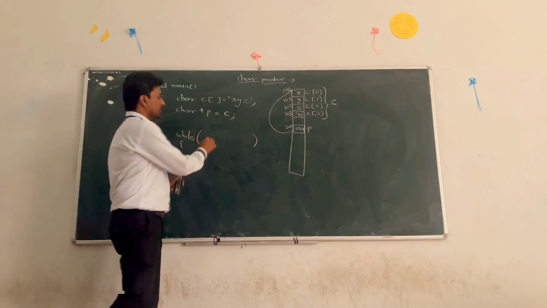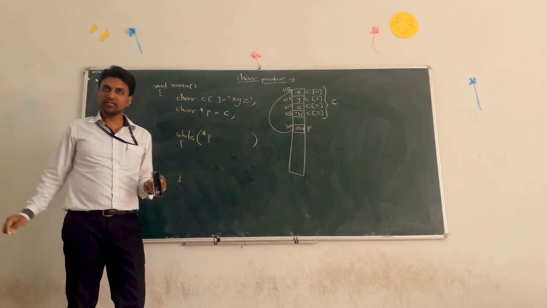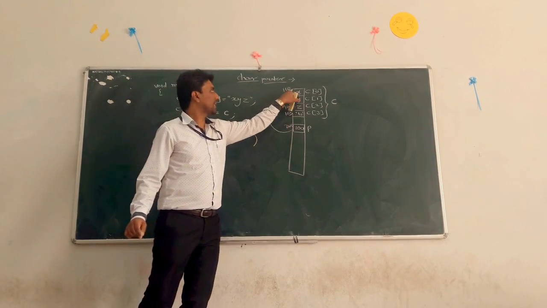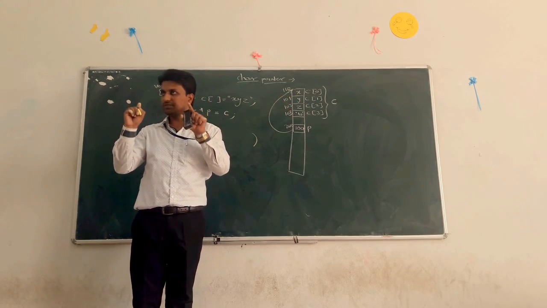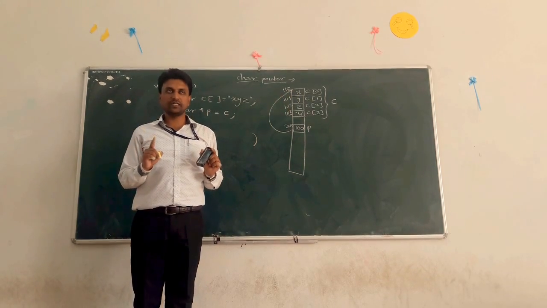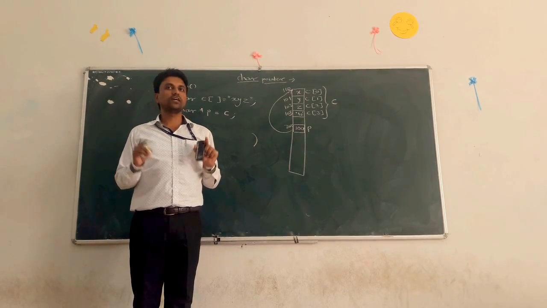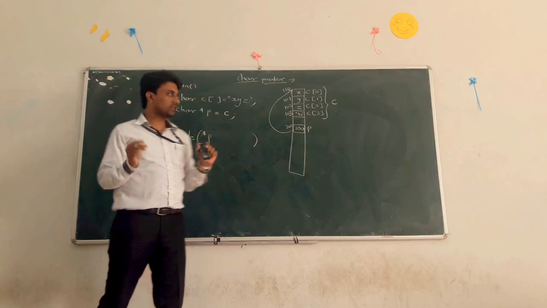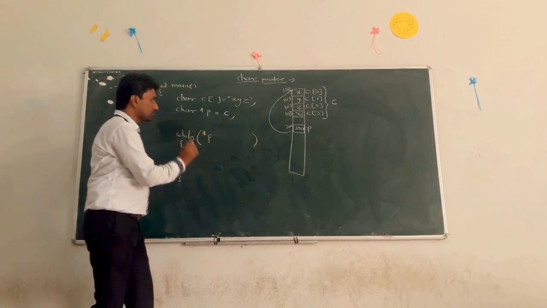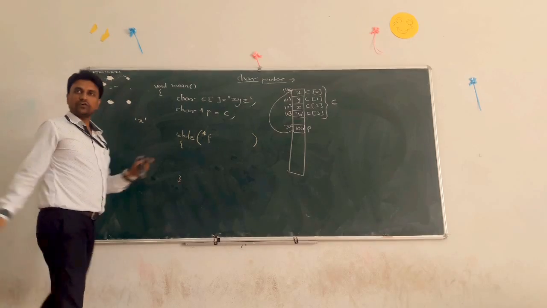Now what do we want? Pointer P. Pointer P means what? Pointer P now gives you just x, in single quotes. Always remember, if it is a character, it is always in single quotes, and if it is a string, it is always in double quotes. Okay. So pointer P gives you what? Now it is single quote x.